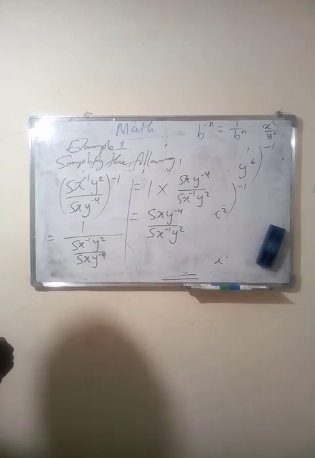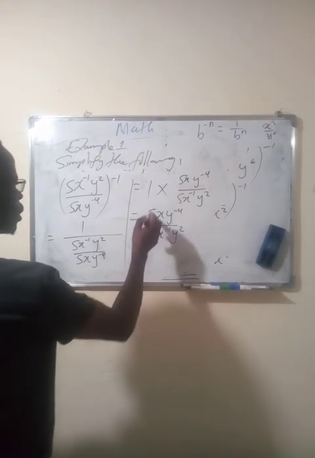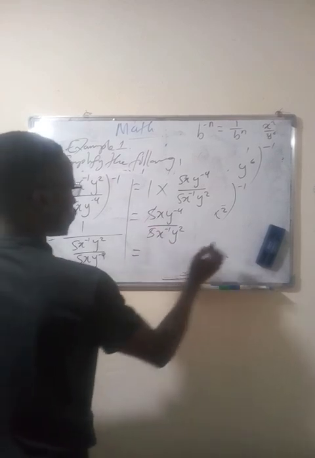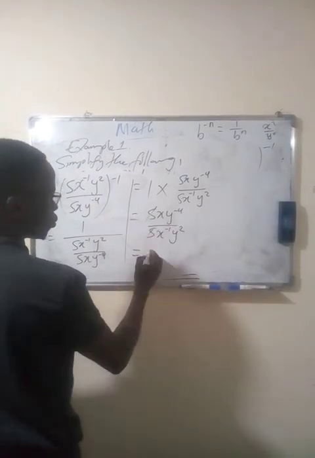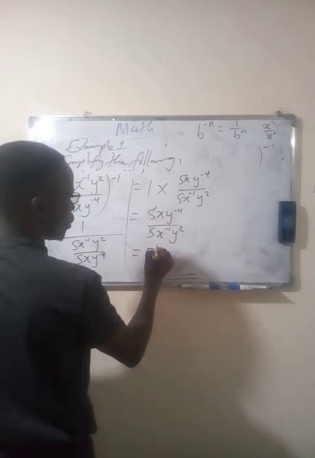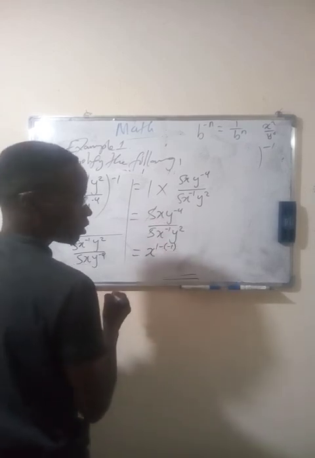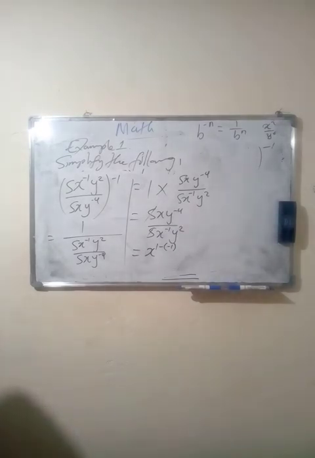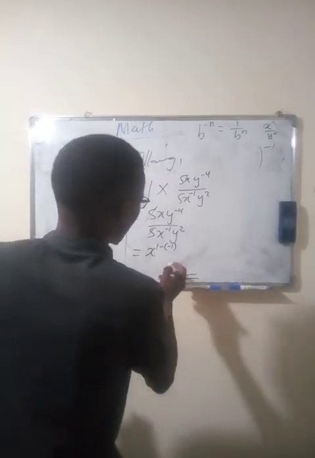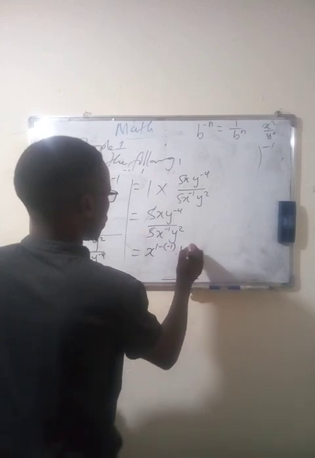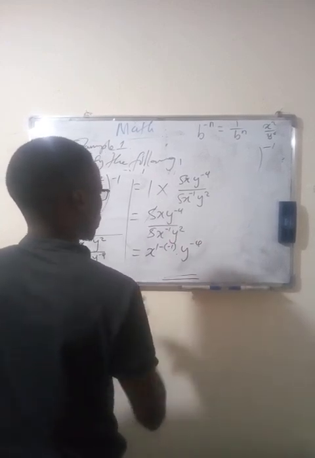Okay, so it seems my space is running out. Let me conclude and finish up. All right, and then here we have also y to the power negative 4 minus 2. So this is then going to be what? We're going to have x, 1 minus negative 1, that is 2, multiplied by y to the power negative 6. So the power negative 6 there is going to become 1 over y to the power 6, which is then going to be equal to x squared divided by y to the power 6. So we can see that we've gotten the same solutions, right? We've gotten the same solutions. So this is how you deal with